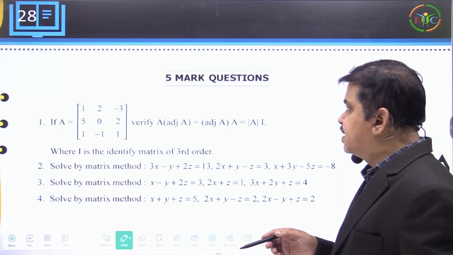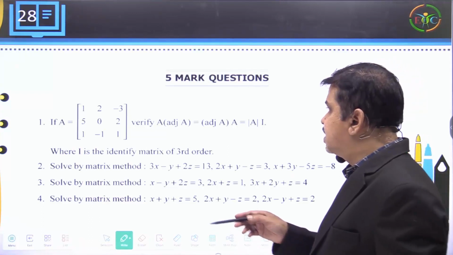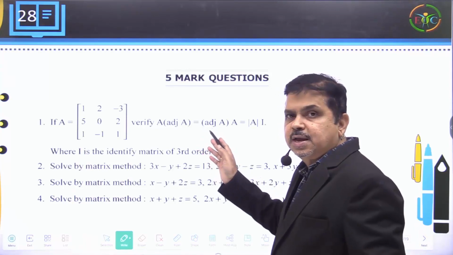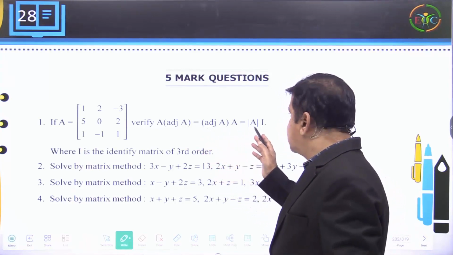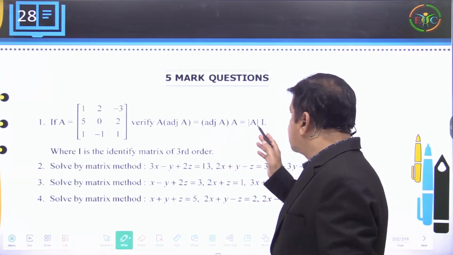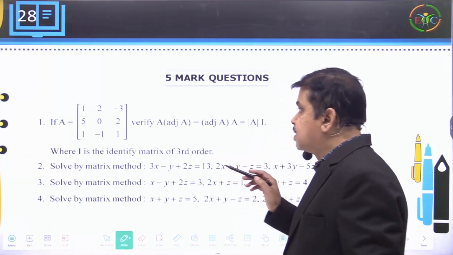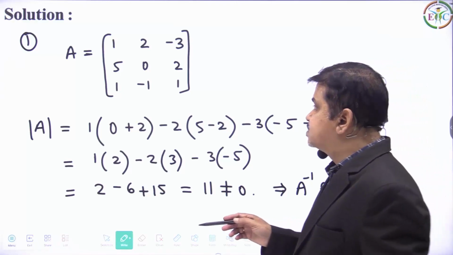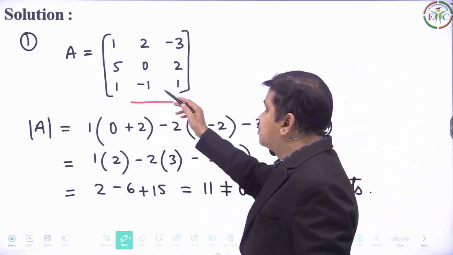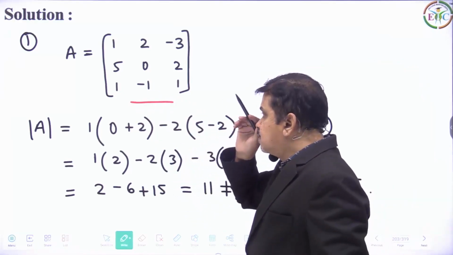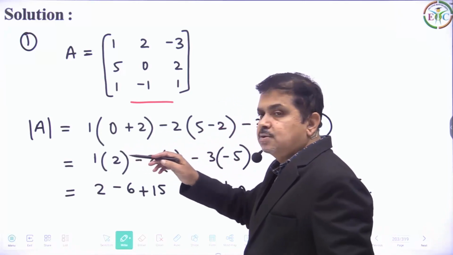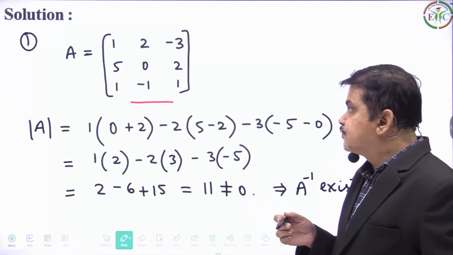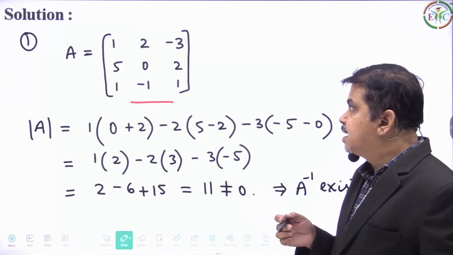So now taking up the first problem, we have to verify A into adjoint A equal to adjoint A into A, and that is equal to determinant of A into I. Writing down the solution for the first question, given the matrix A, let us now find out the adjoint A for this. In order to find out the adjoint A,